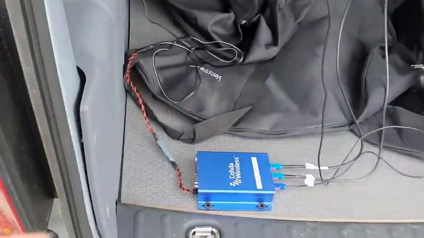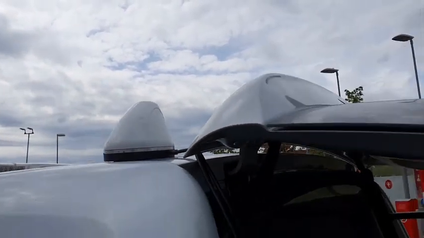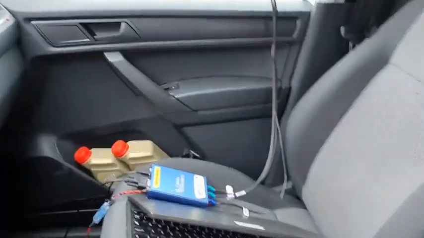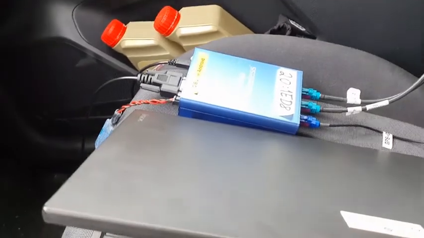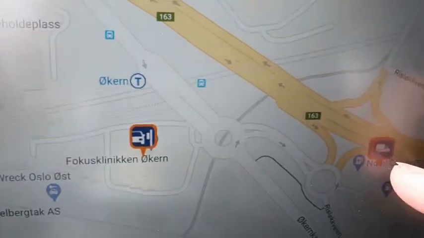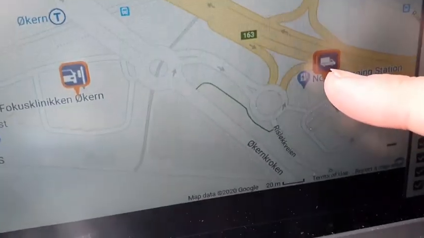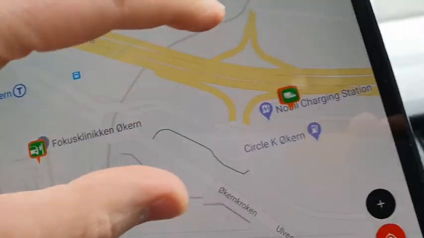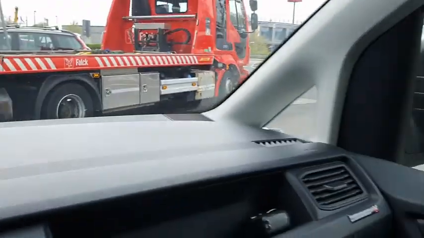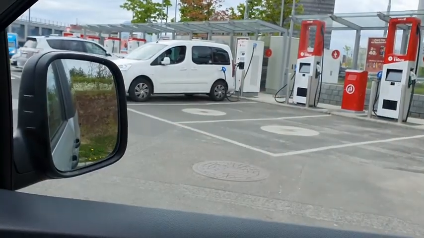For this next test, I've installed one more onboard unit, and I put the antenna back here. And I still got the one in the front here. So now I got 2 onboard units, pretending to be 2 vehicles. And you can see that here I have 2 symbols for a vehicle here. They're a little bit on top of each other. You can see it here too. If I zoom in, there you can see I have two vehicles, and I will be driving down here in a roundabout, and